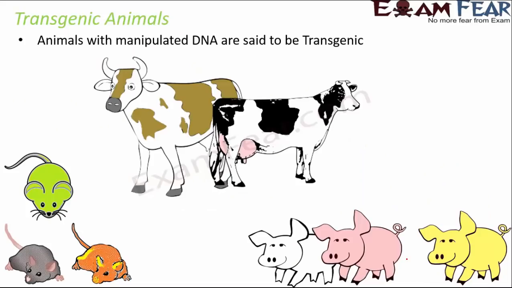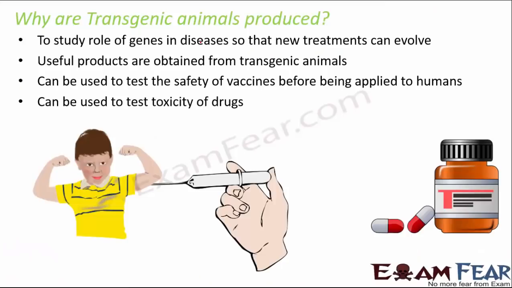Transgenic animals, these are animals with manipulated DNA. Now, why do they have manipulated DNA? Why do we even have the concept of transgenic animals? To study the role of genes in diseases so that new treatments can evolve. Useful products are obtained from transgenic animals. For example, a transgenic cow gives more milk than a normal cow, because transgenic means we are trying to put more desired traits, more desired characteristics into that organism. So as a result, we get useful products